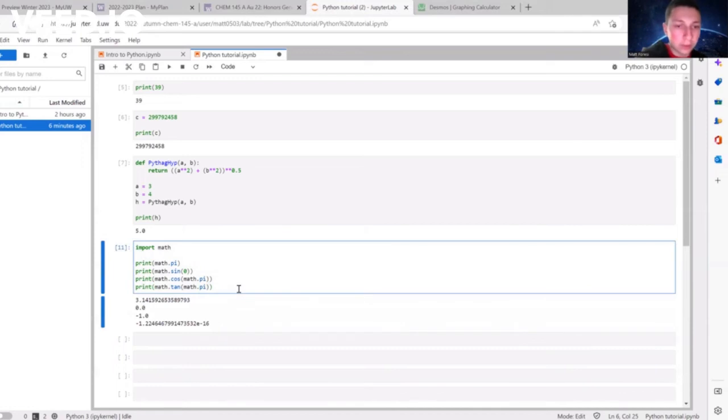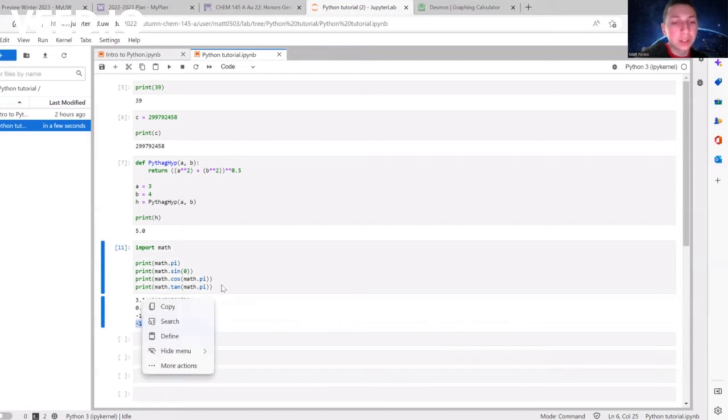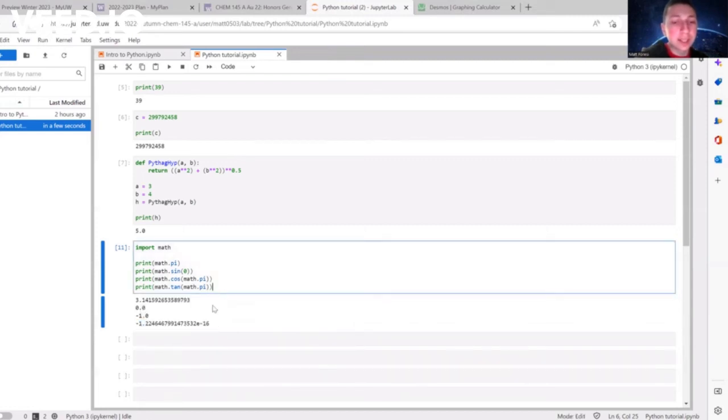And there we go. Note that this value here is only an approximation because Python can only store so many digits, and it actually calculates these trigonometric functions with an infinite series, which I'm going to show you later on. But note that this is an extremely tiny number, so it's supposed to be 0, but Python's getting a little bit off just because it can only use so many terms in the infinite series. And one other thing to note is that the values inside sine, cosine, tangent, any trig function have to be in radians, not in degrees, otherwise it's not going to work.